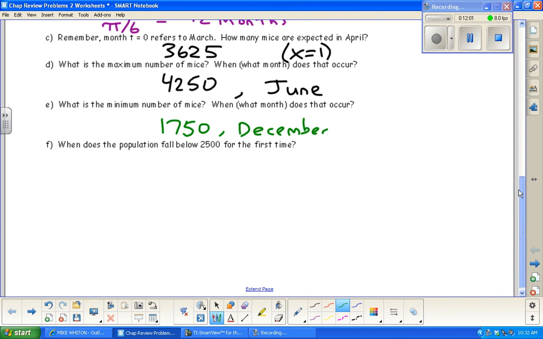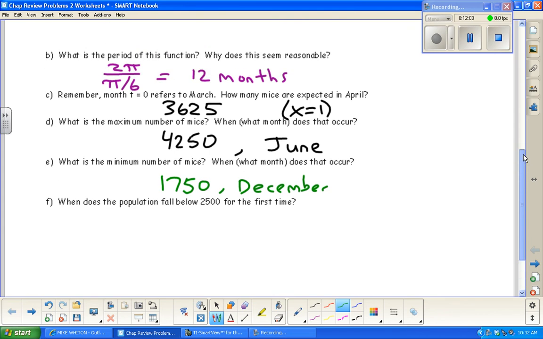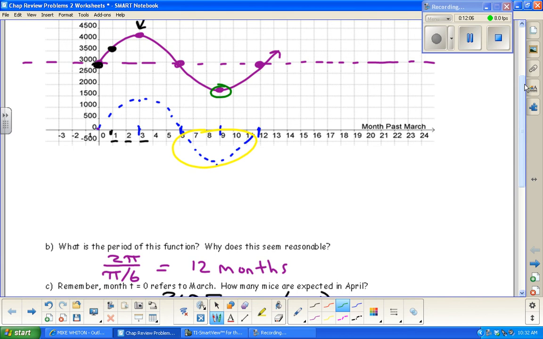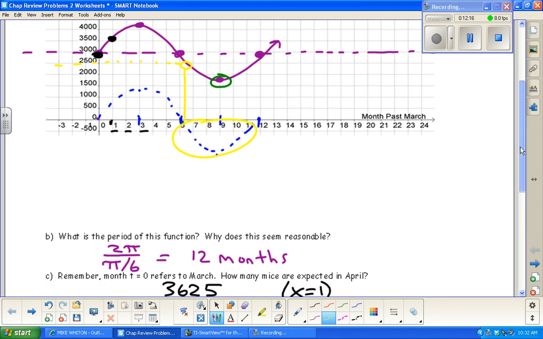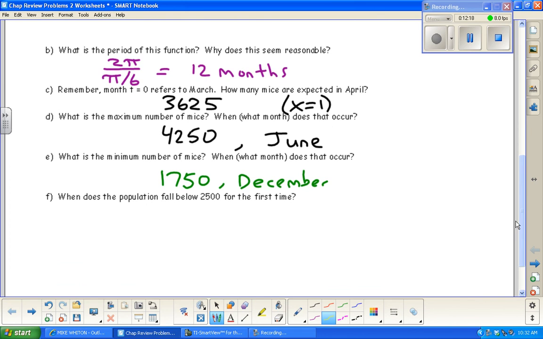And last part, when does it fall below 2,500? So this is just kind of an estimate here. If we use our graph, 2,500 happens about there, so that would be around 6 to 7 months after March. Okay, so like maybe the 9th or 10th month of the year, September or October, something like that. That's when it first falls below 2,500. Okay, so that's that. And then the practice test,